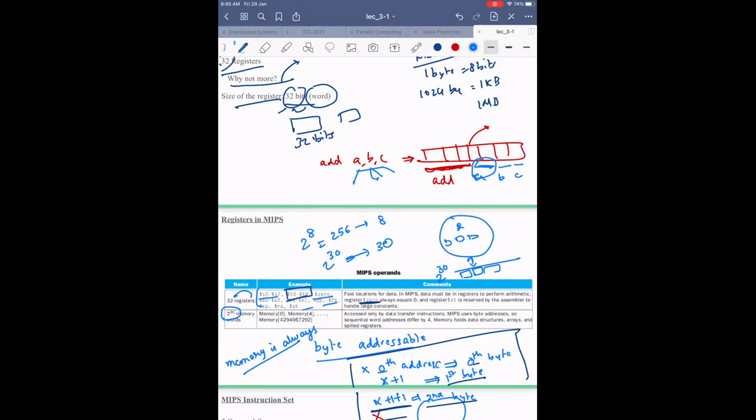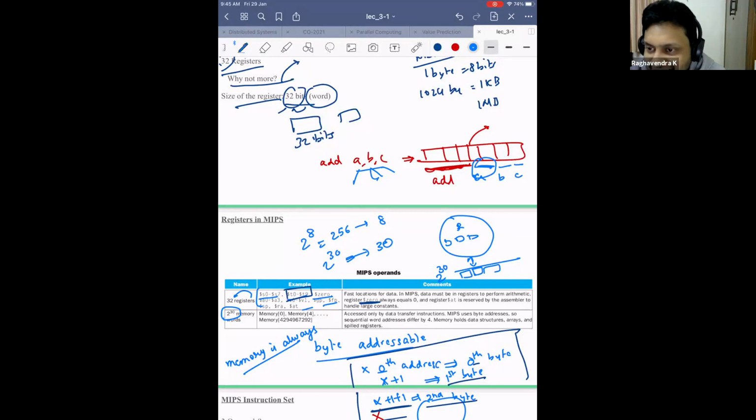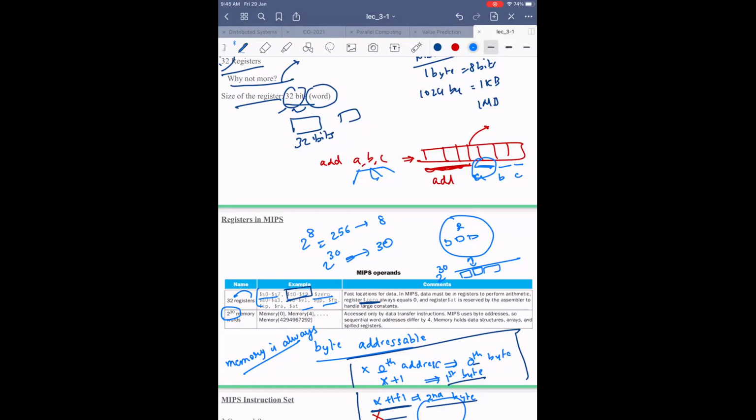It should be a multiple of 8 because 32 is better than 30. Why? Sir, I think memory, you said memory is byte addressable. We have 30 bytes. Okay, you are almost there, but your answer is wrong. Sir, for representing 30 also we need 32 bits. No, right? This is not representing 30. This is representing 2 power 30. It is still a multiple of 2. Yes, sir. Right, a multiple of 8. So it has to be at least 30, but it has to be a multiple of 8 because it's only byte addressable. So 32 is the closest.